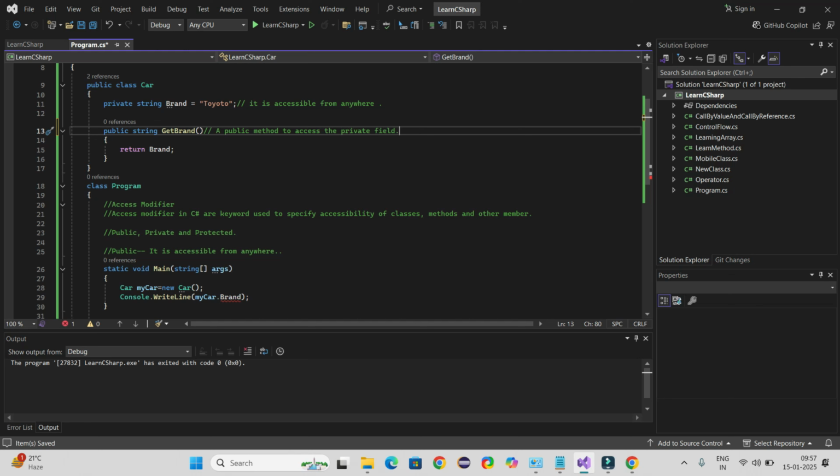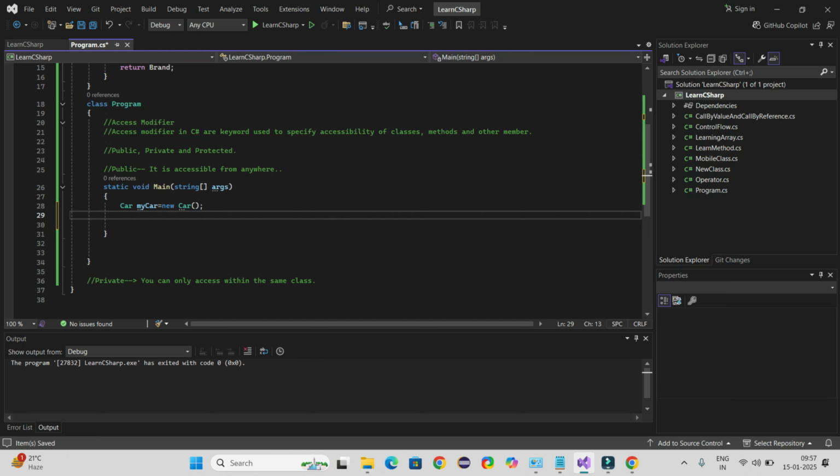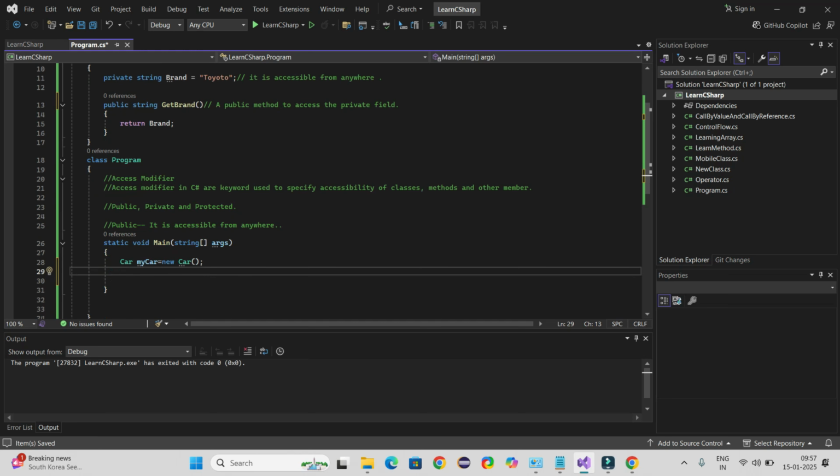We already have the object created here. So if I want to get the private data member, we can call this method GetBrand. Now if I give Console.WriteLine